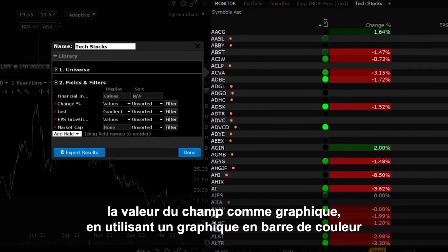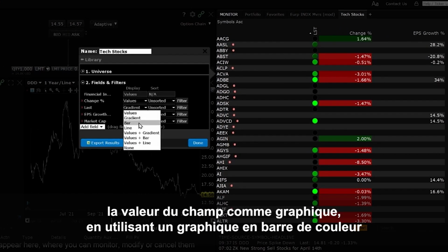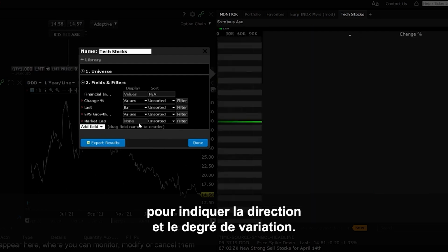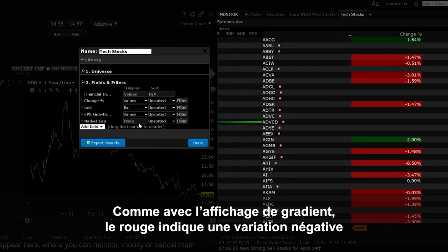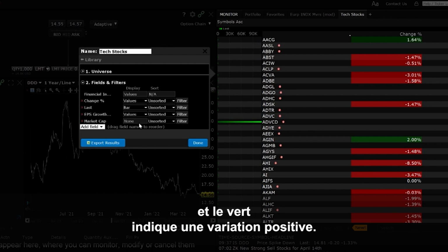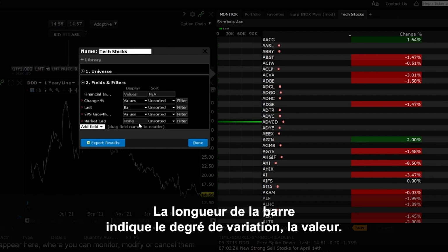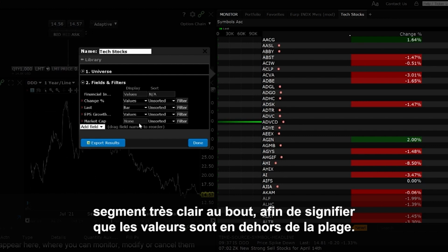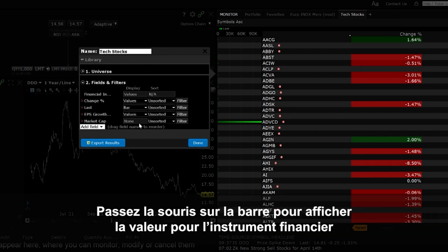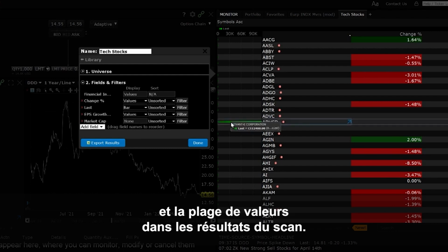Bar displays the field value graphically using a coloured bar chart to indicate the direction and degree of change. As with the gradient display, red indicates negative and green indicates positive. The length of the bar indicates the degree of change, the value. Bars that have values outside the hand-picked range will display a very bright section at the end of the bar to signify values outside the range. Mouse over the bar to display the value for the financial instrument and the range of values across the scanner